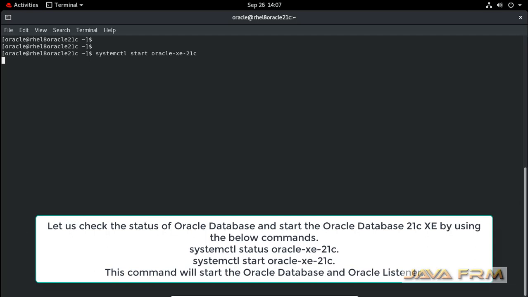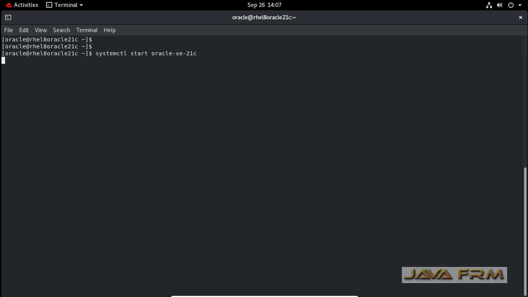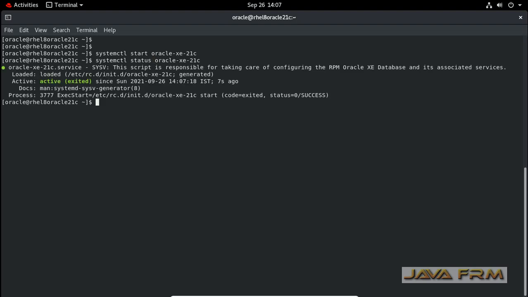Wait for some time, don't be in a hurry. It will take some time because it will start the database and the Oracle listener. Yes, I think it has started successfully. You can check by running the status command. Yes, you can see that it's showing as active.